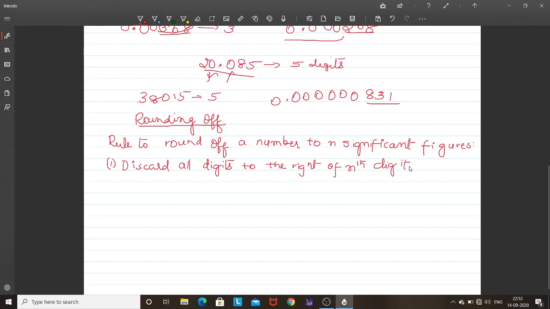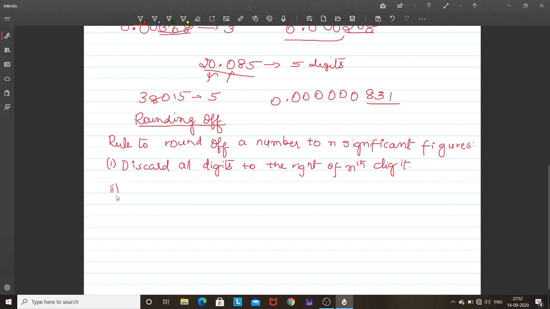So first, if we want to round a number to 3 significant figures, you have to remove the digits which are present after the third position, after the third digit. Okay. And the second thing is that it says that